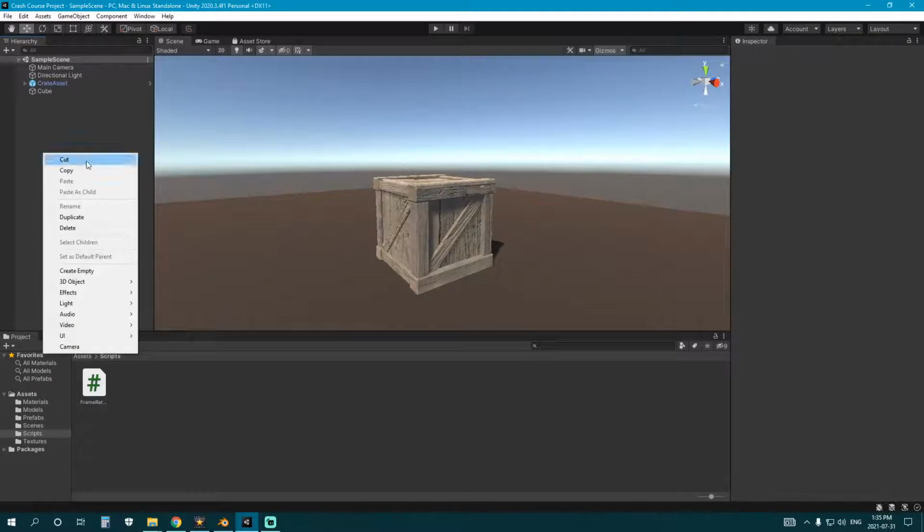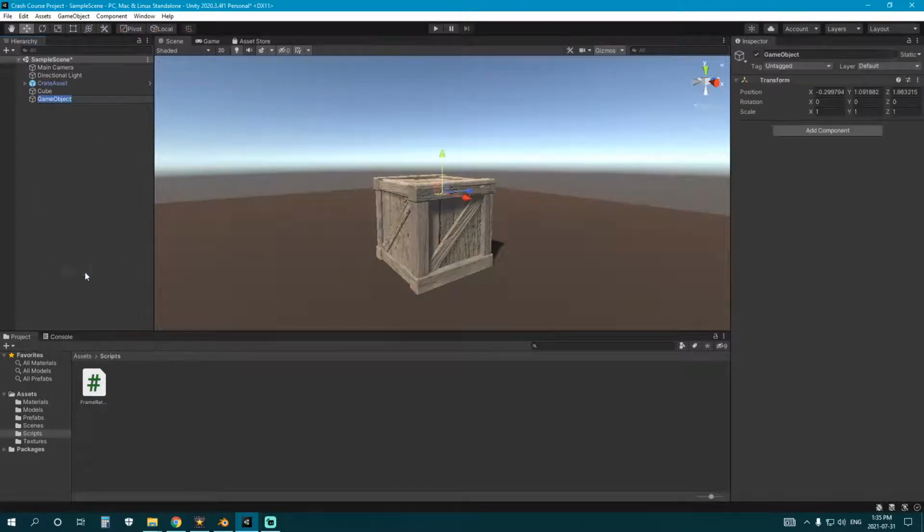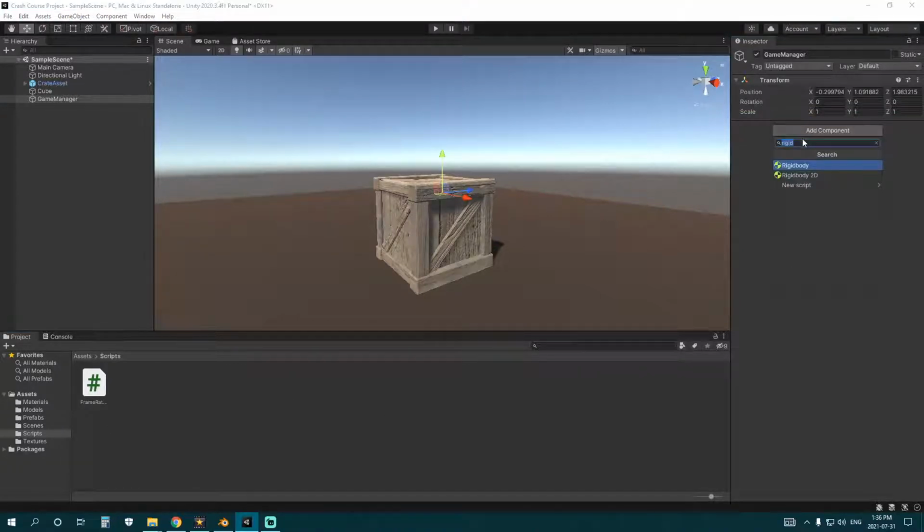Now you want to right-click, create an empty right here. We're going to name this Game with a capital G, Manager with a capital M. Okay, and just drag this script right on over here as if it's a component. Now, the other thing you can do is say Add Component. Click this right here, just as we can add